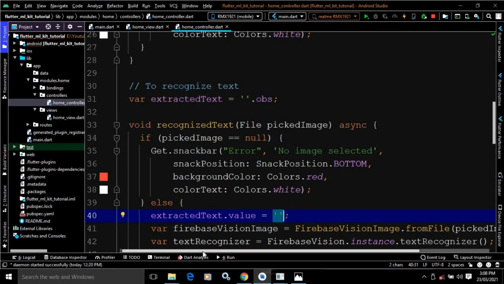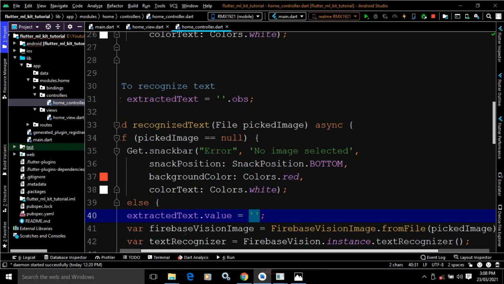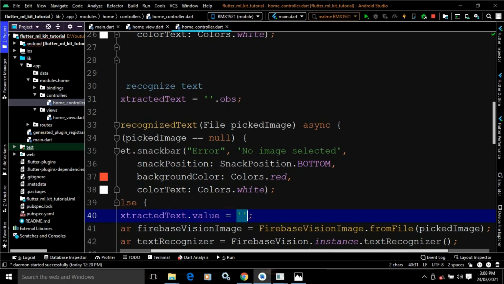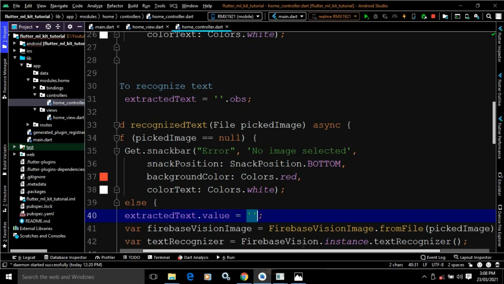After that, I have created a variable named Firebase Vision Image equals Firebase Vision Image dot from file picked image. This means we are passing the image which we have picked up from the gallery or camera. Okay, and after that I am storing that inside the variable Firebase Vision Image.